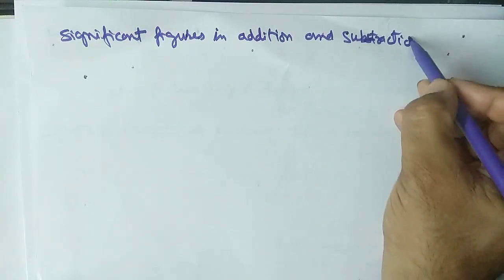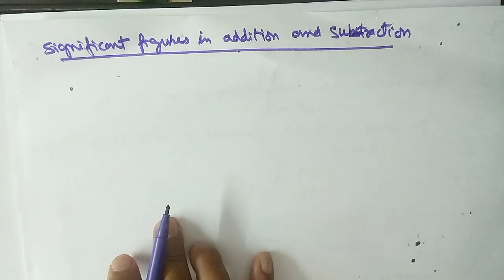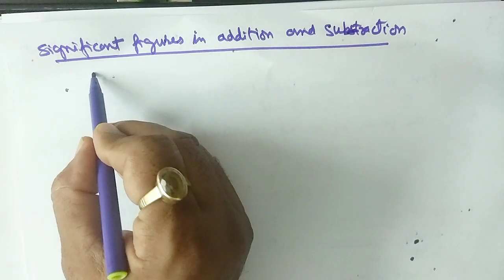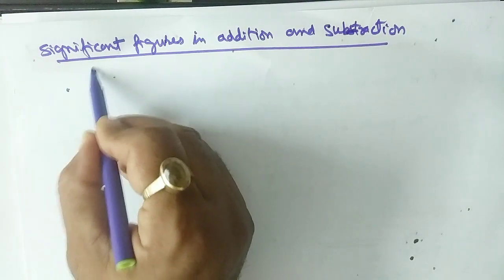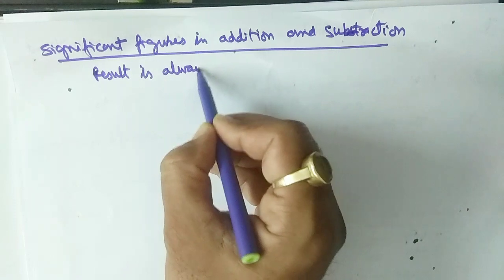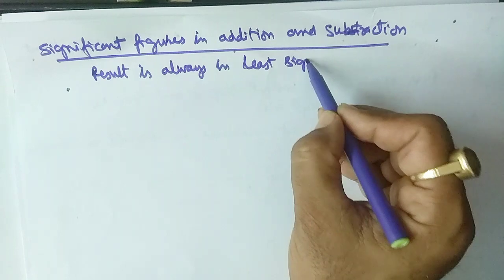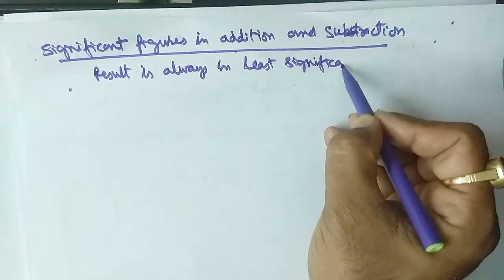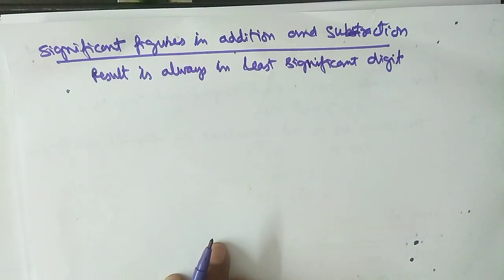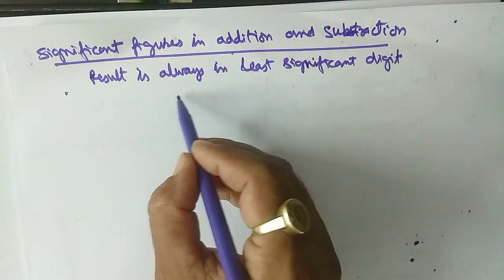Subtraction. Okay, that is the in plus and minus. So what we will do here, you have to write the result always in least significant digit always. Okay, taking the example,